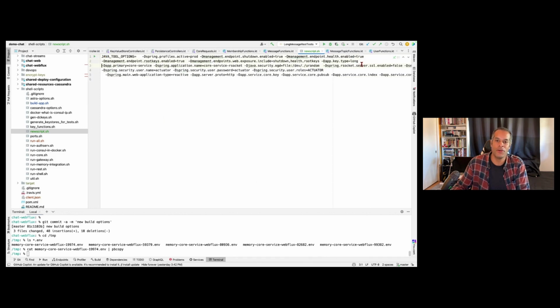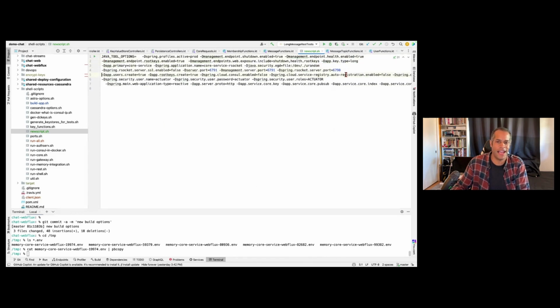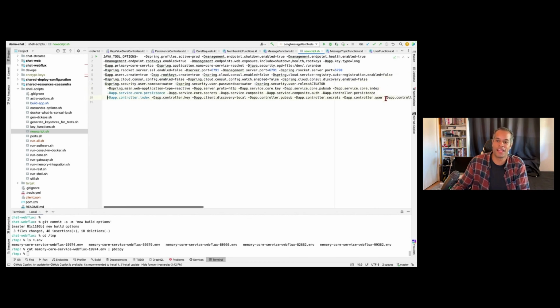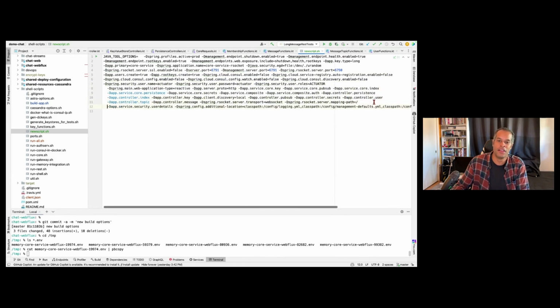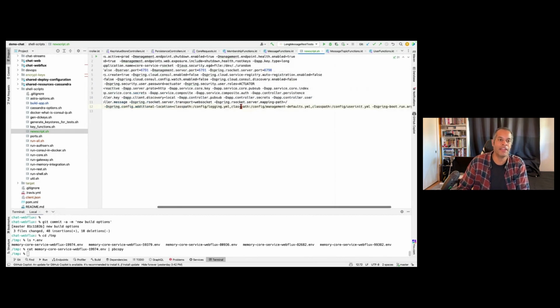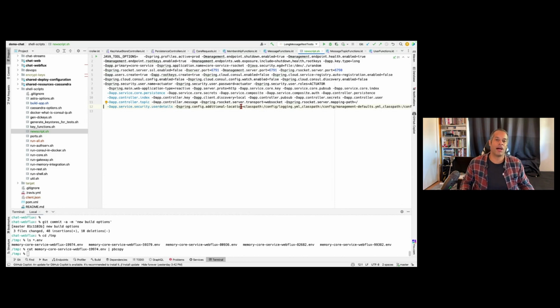Knowing that you're going to eventually have to, and you probably are not scared of this. I'm scared of this. As a developer, selecting the options for the ultimate executable of my application is one of those things that keeps me up at night, because so much can go wrong with just the wrong option. If you've used Spring Cloud Dataflow, for instance, you'll notice that there are a lot of options that go into each one of the components that you deploy. And those options change things from the message queue that you're using, to the name of the queue, to the data type that you're sending and receiving, all that stuff. It gets configured all up front.